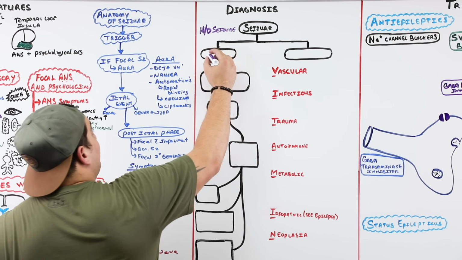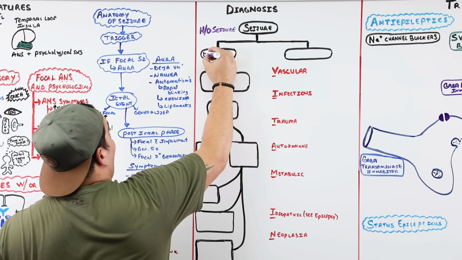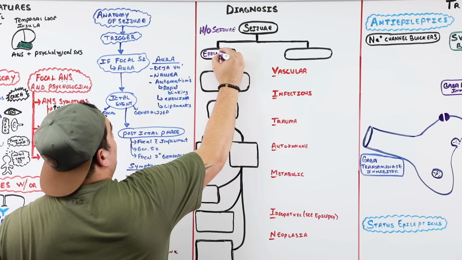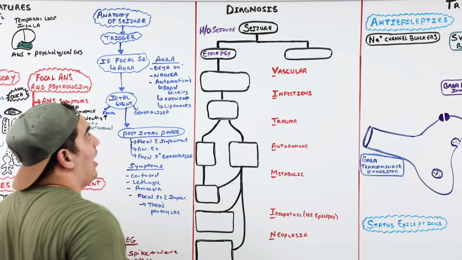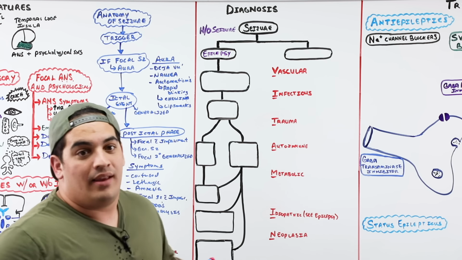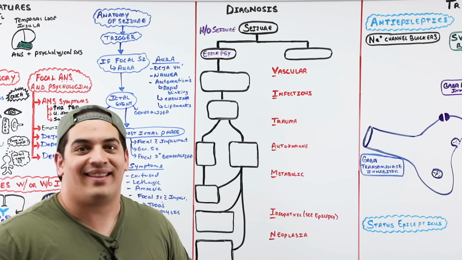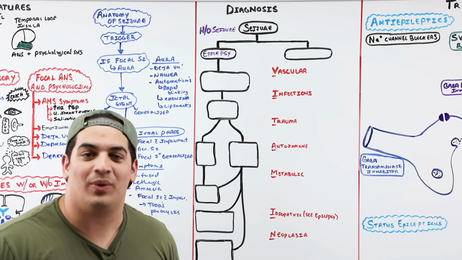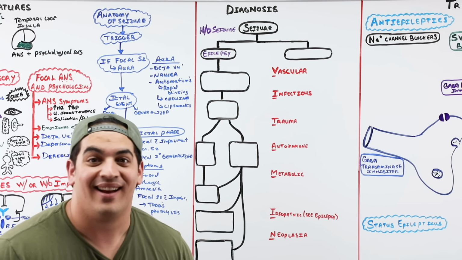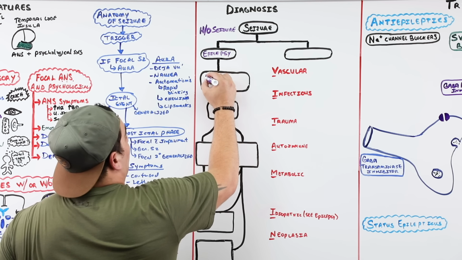So if they fit that definition and they have epilepsy, what do you do to elucidate the problem here? The next thing you do is, if they have epilepsy, it's most likely that they're on an anti-epileptic medication. So we need to assess the adequacy of that anti-epileptic. So what do we need to do?